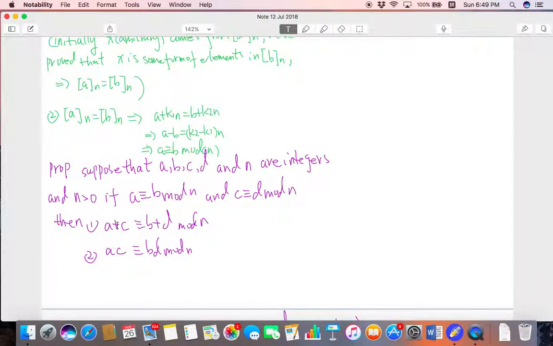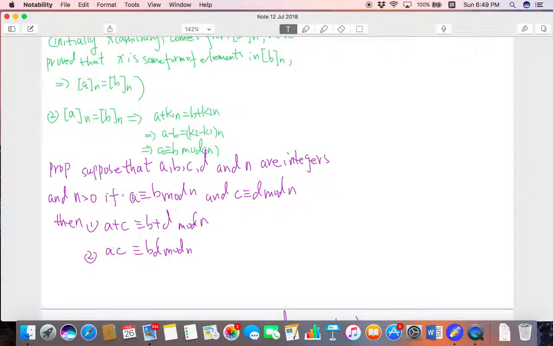And that is followed by another proposition, which is again very commonly used for propositions with regard to congruent classes. Suppose that a, b, c, d, and n are integers and n is greater than 0. If a is congruent with b mod n and c is congruent with d mod n, then these two properties hold. One is that a plus c,